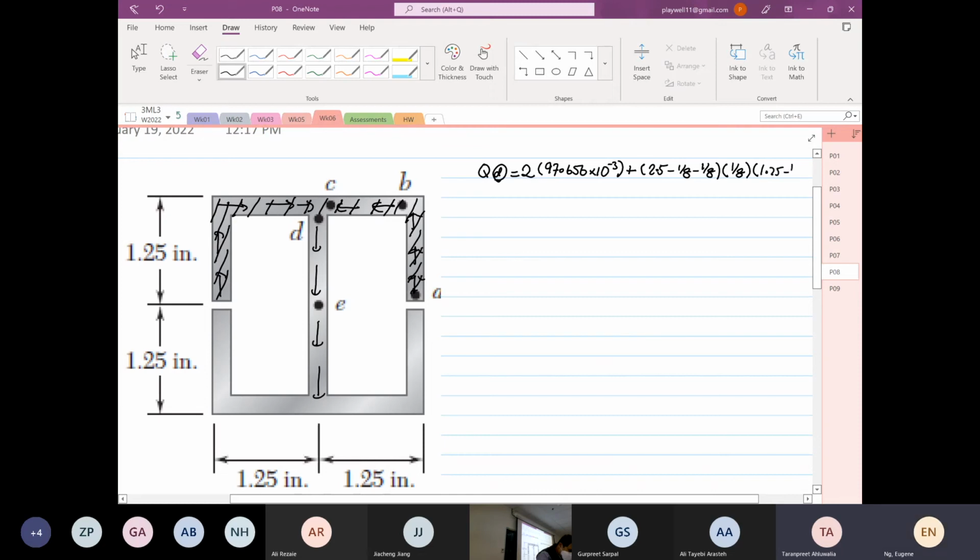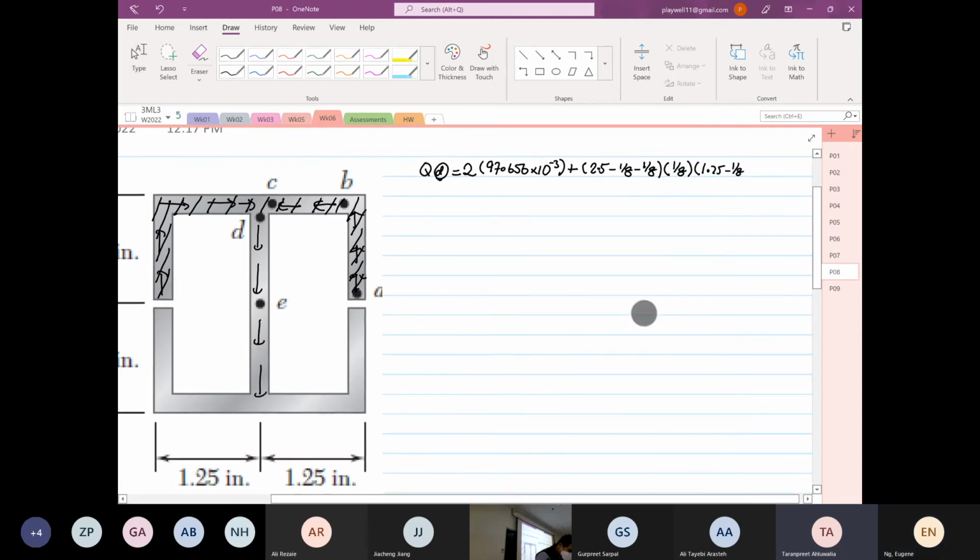0.25 minus 1/8, multiply by half. Close bracket. It looks a bit messy, but let's see whether the answer is correct or my workings are correct. 9 times 96.656 to the power minus 3. This is 195.312 times 10 to the power minus 3 plus 2.5 minus 1/8 minus 1/8 is equal to 2.25